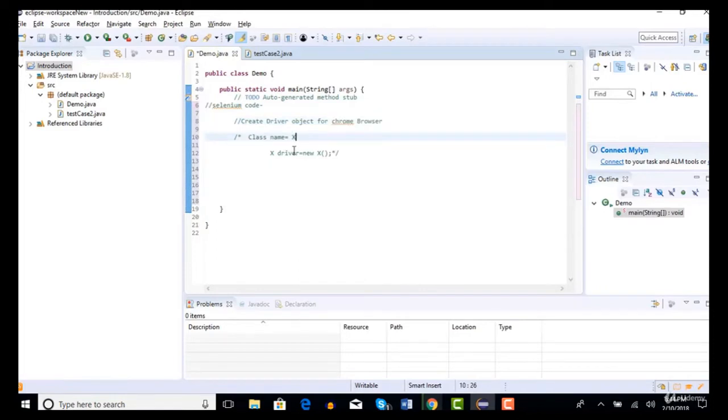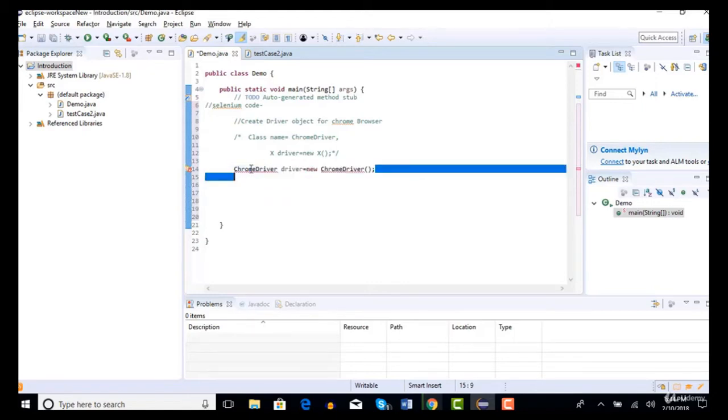In this place, my class name is ChromeDriver. So how do you create the object now? ChromeDriver, just use the syntax instead of X, and driver is the object. Okay, so this is how you create a driver object for your Chrome browser. That's it. This is very simple.